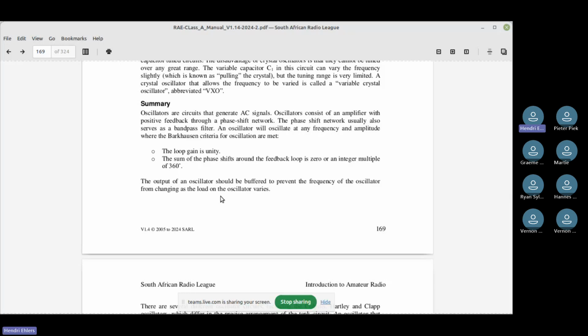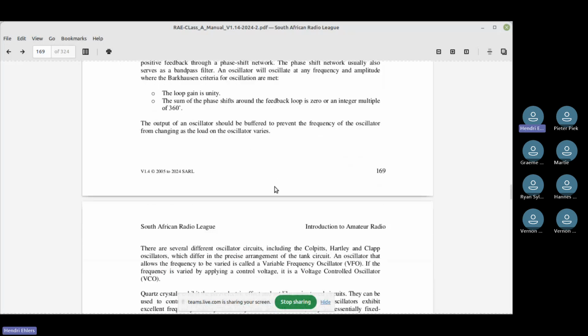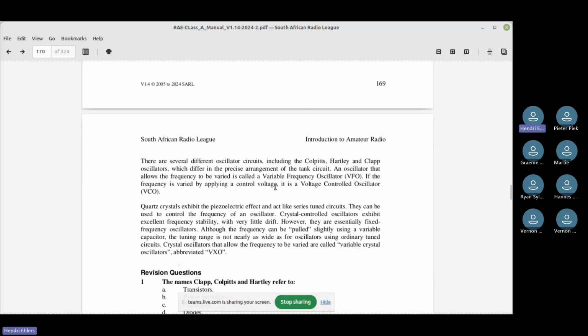The output of an oscillator should be buffered to prevent the frequency of the oscillator from changing as the load on the oscillator varies. Like I said, you put a buffer amplifier in so that the oscillator circuit is isolated or insulated from the rest of the circuit so that it cannot put a load or change the frequency or the desired frequency.